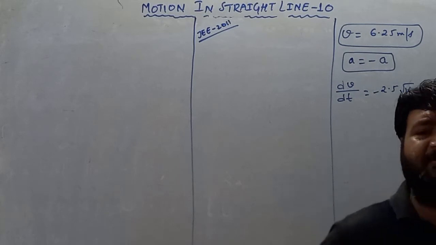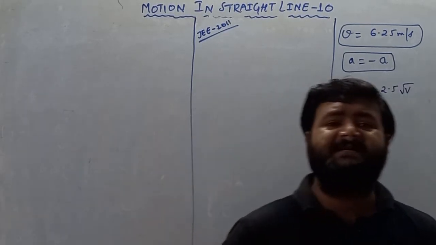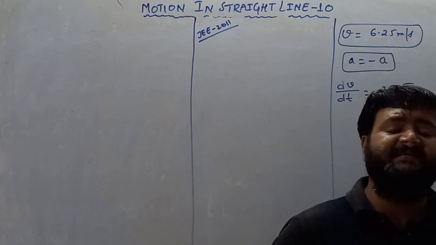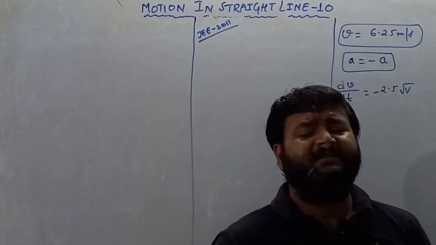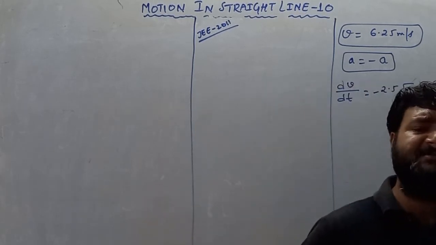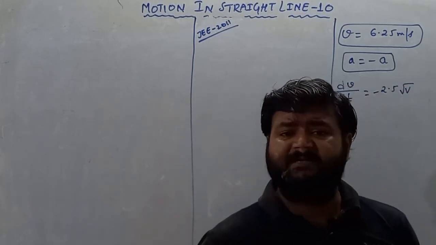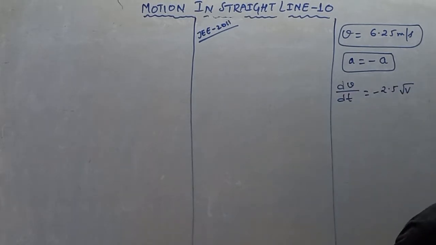Now see my dear student, I already told you the magnitude of instantaneous velocity and instantaneous speed is same. So instead of velocity, if in question they are asking instantaneous speed, then don't at all worry because both are equal. So where v is the instantaneous speed, full stop. The time taken by the object to come to rest.